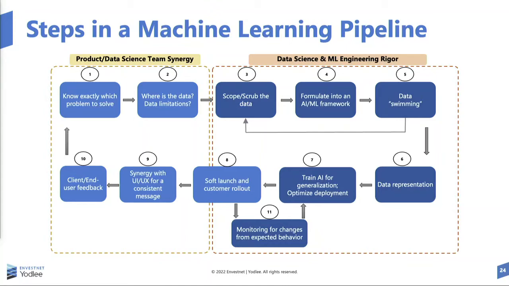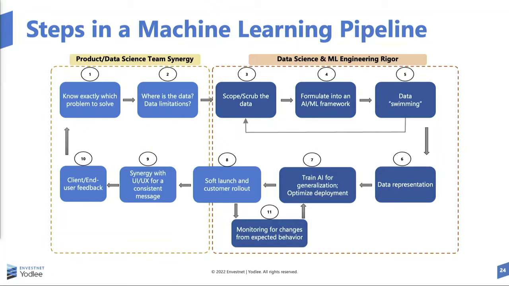So the first part, and the example I'm talking through is the transaction data enrichment, is you have to translate the business problem into a data problem. That's the first thing you have to do. The first part I talked about is a synergy between the product teams and your analytics and data science team. And this is where a lot of learning happens: do you understand the business problem? Do you know where the data is? Does your data have any sorts of limitations?